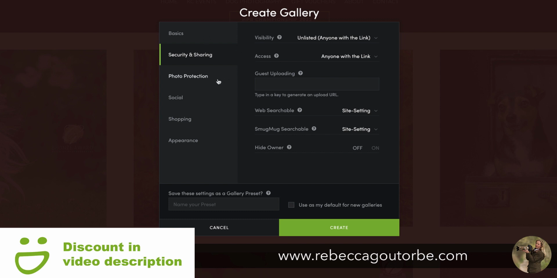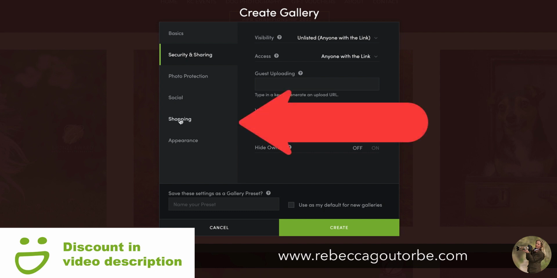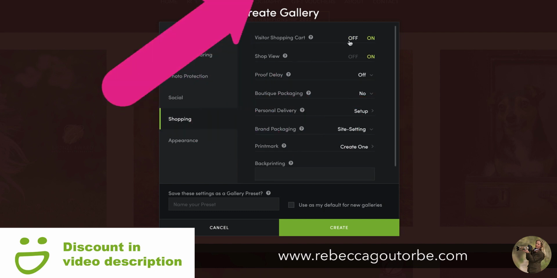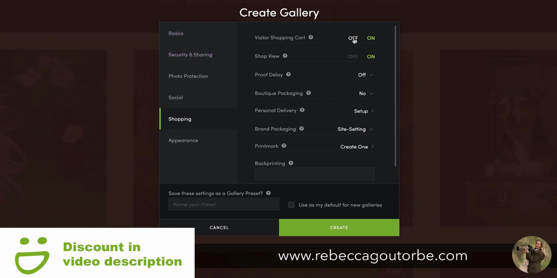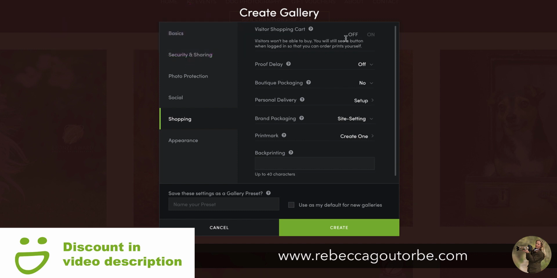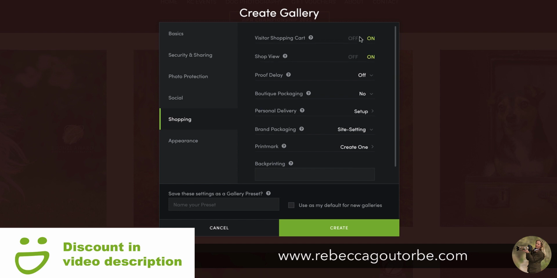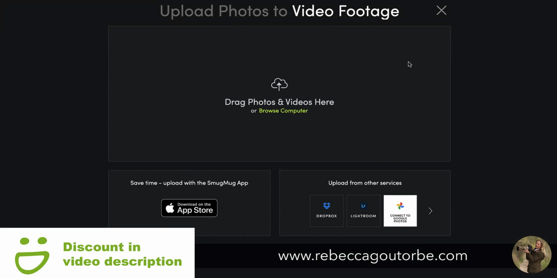Then there's other settings, but if we go to shopping, visitor shopping cart on or off. If you're storing privately, off. If you're just wanting to show videos but not sell them, off. But this video is about selling your video, so leave that on. Okay, there are free apps to upload your video